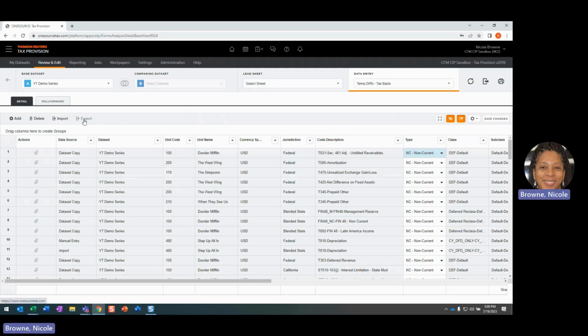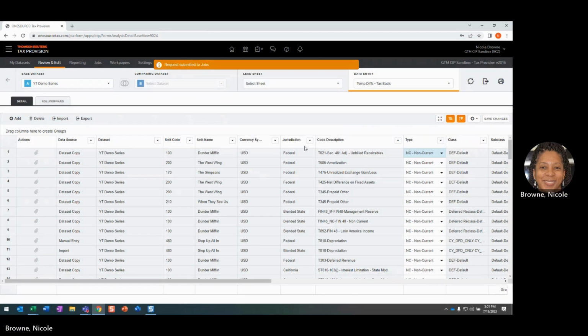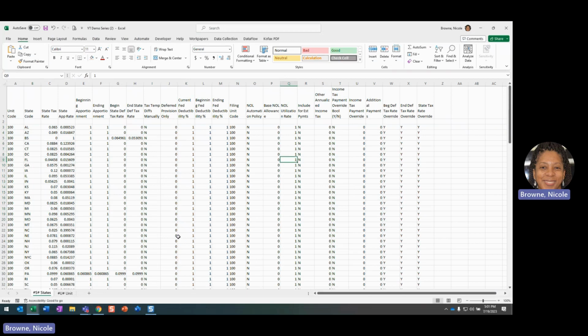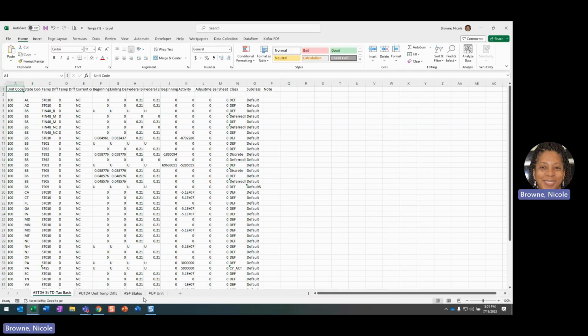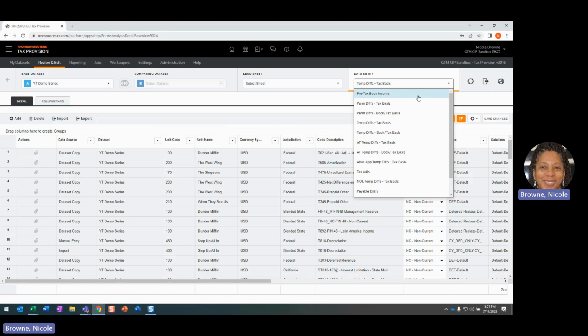in the session where we went through import and export functionality. So I'm going to do something similar here where I'm going to export out of this screen. Just going to call it temps and export my file. And when we open that file up, we are going to get, in this instance, 4 tabs. So what's happening now is that depending on the screen that we pick to export out of or import into, I'll start with exporting, these tabs that we get will only be the tabs that pertain to that type of